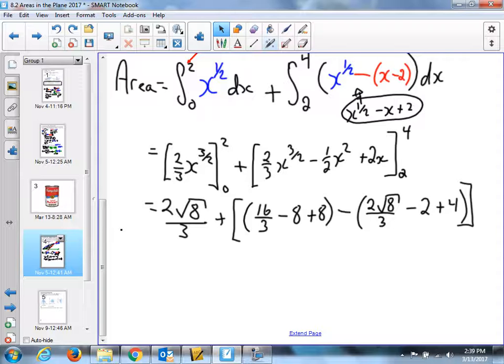See why we don't have to worry about simplifying that radical, that little rascal? Because it's gone. The 2 root 8 over 3 and the minus 2 root 8 over 3, both of them are gone. Minus 8 and plus 8 are gone. All we're left with is negative 2 plus 4 and 16/3. So let's just do 16/3